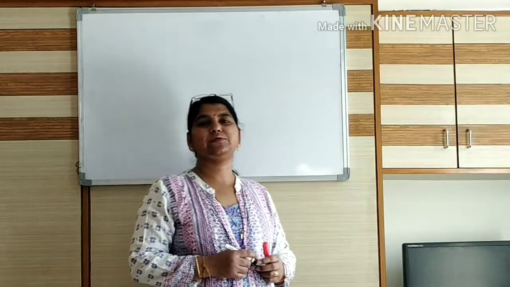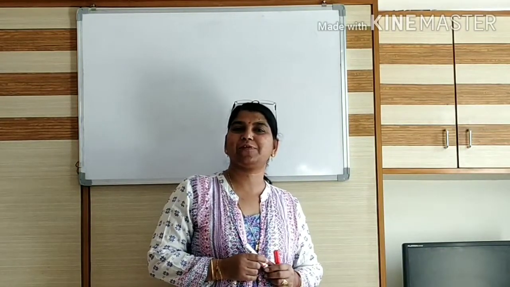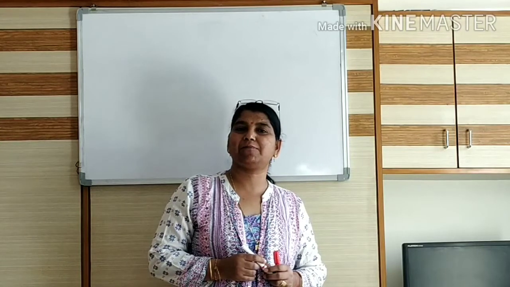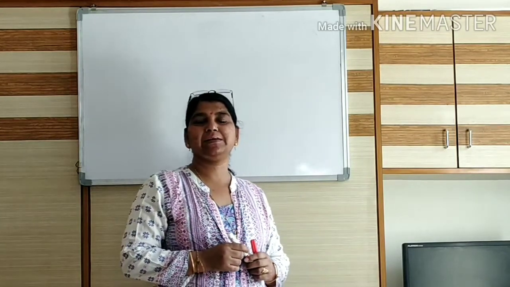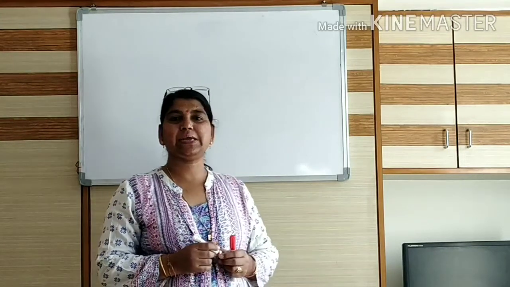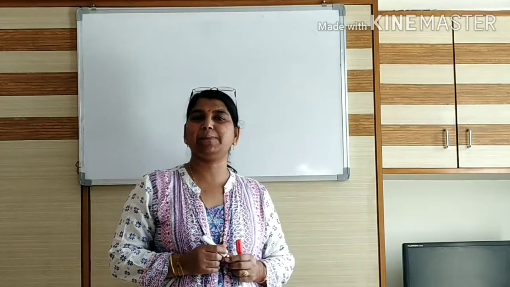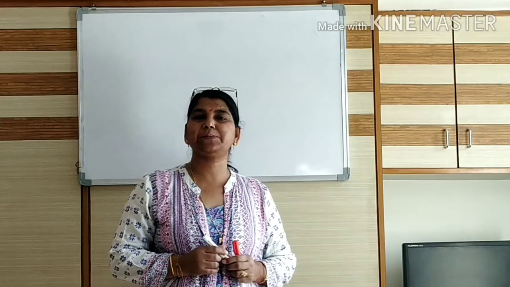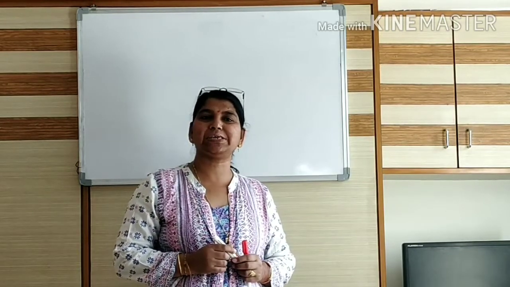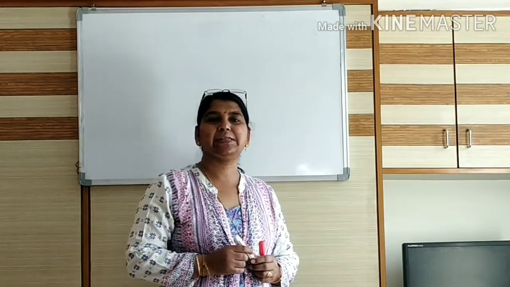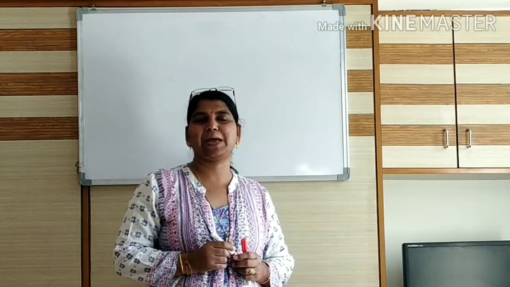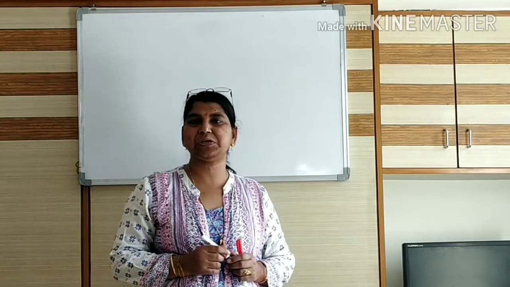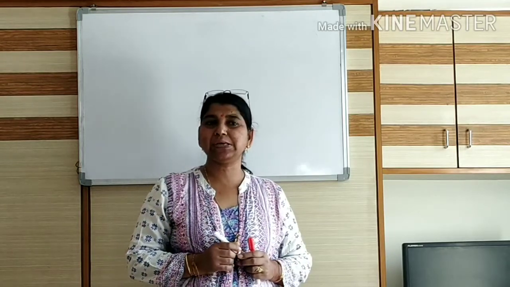Hello students, in today's fourth lecture of chemistry, solid state chapter 1, we are going to study the three-dimensional unit cell and its different types. What are the main parameters and its different types, the number of atoms in a unit cell, and calculation of atoms. Then we will also study close packed structures, close packed solids, close packing in one dimension, close packing in two dimensions, and close packing in three dimensions as well.